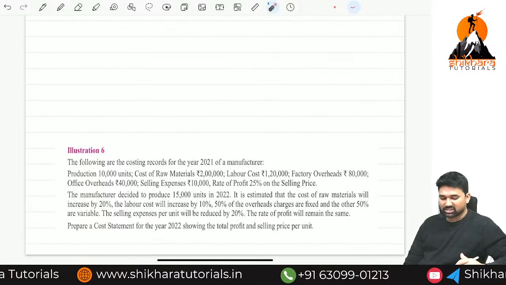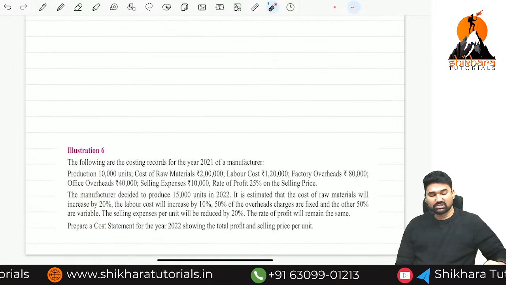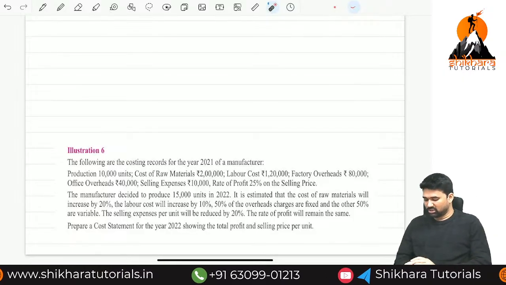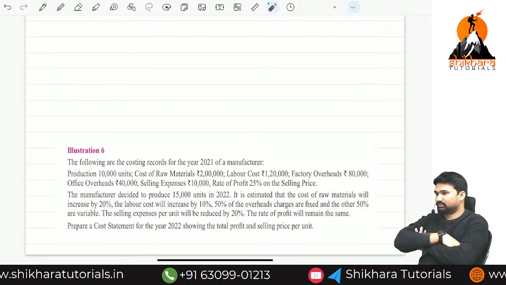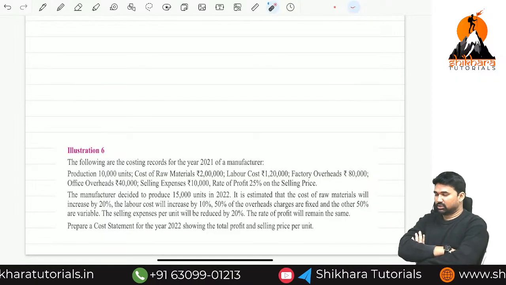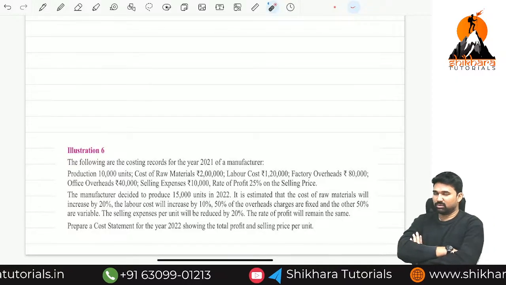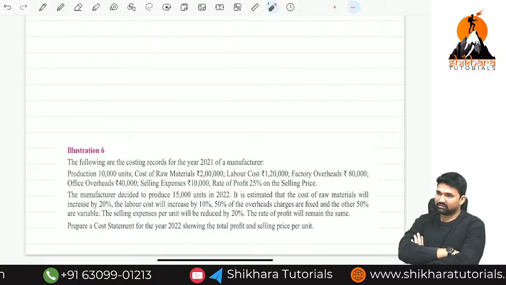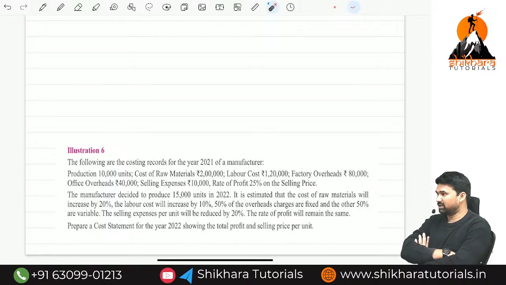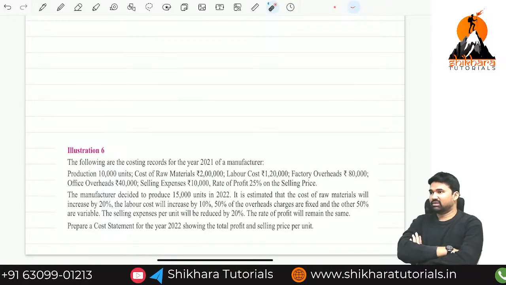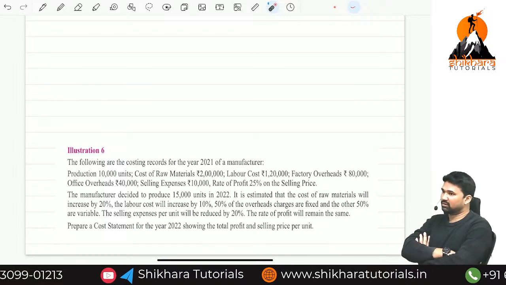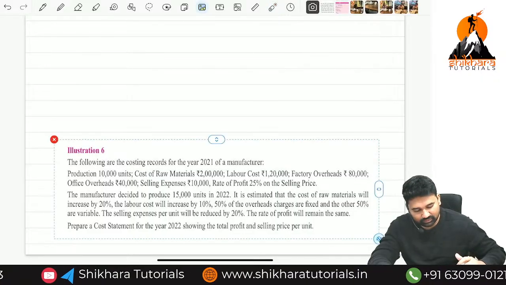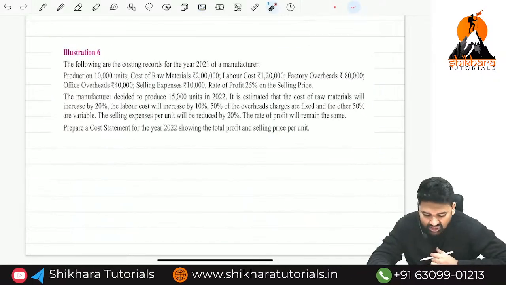This is another illustration. What I am going to do is, just after explaining this problem, I am going to give this problem as a homework, and nothing to worry. If you are unable to solve this problem, I am going to discuss in class only. Okay, first of all, you have to try whether you are able to solve the problem or not. You have to try. So I'll now explain, and after that, I'm going to give a small work for all of you. Listen. First of all,